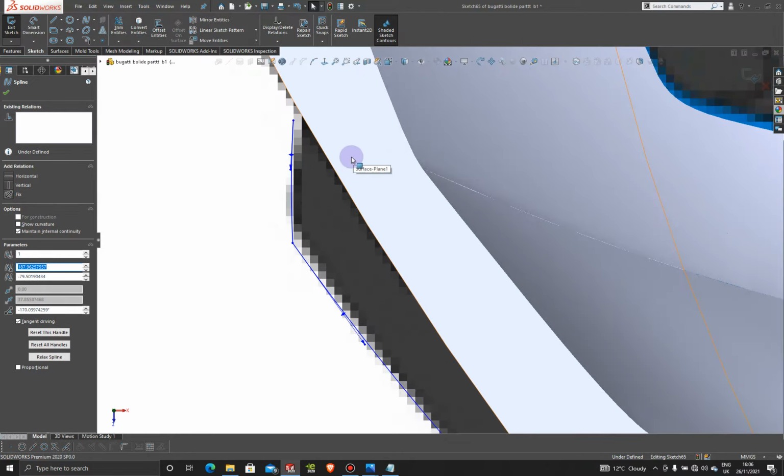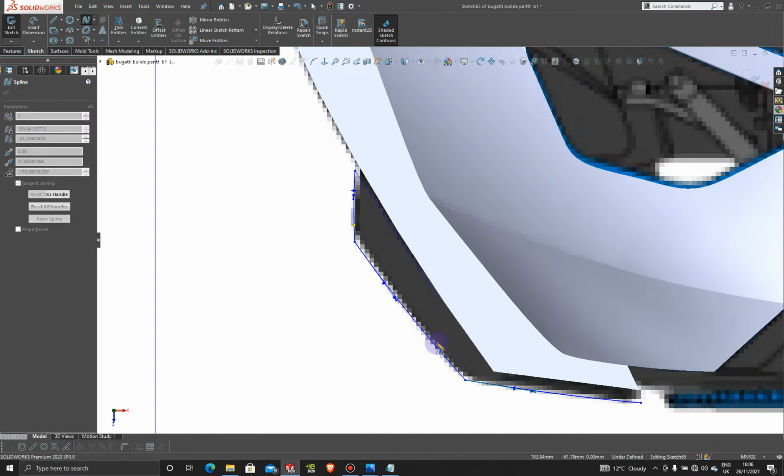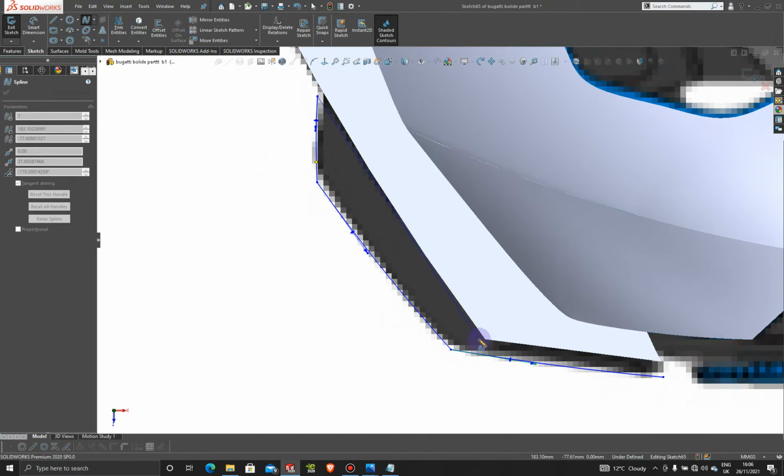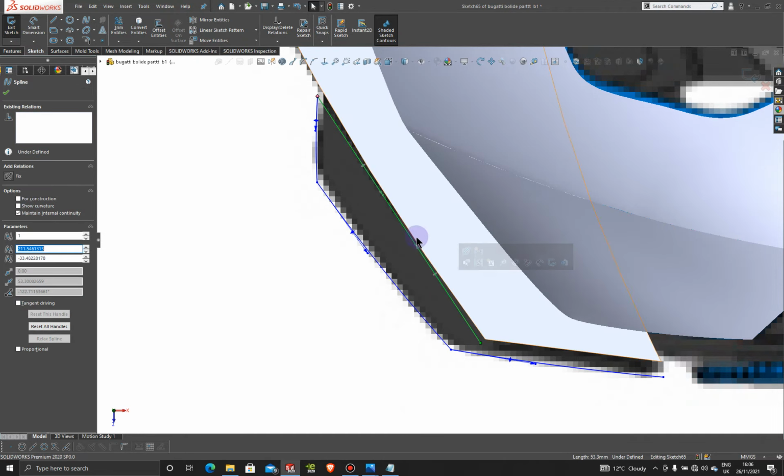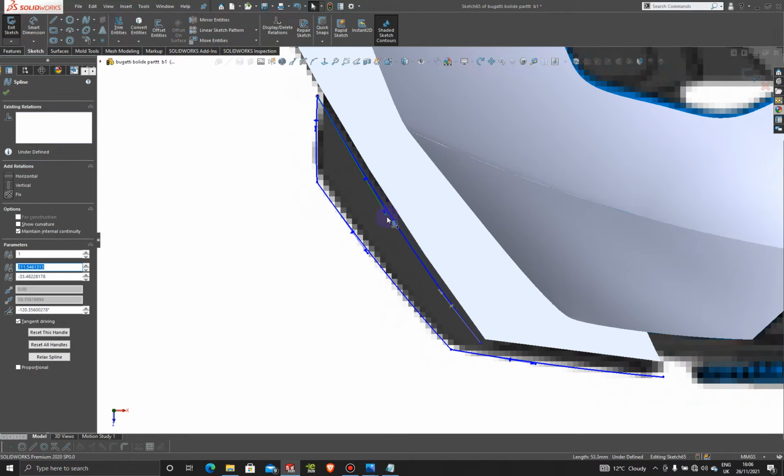Okay, so as you can see, the next thing I'm going to do is grab another spline here, and I'm going to come with this spline to about here, exit the sketch, and I'm going to follow this edge here. So let's pull it somewhere here,